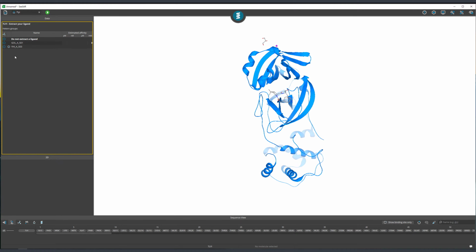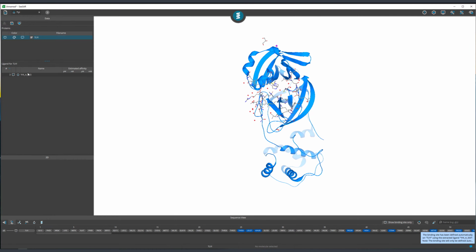The first thing to note here is that one of these ligands has a little eye icon on it, and mouse hovering right on top immediately gives us the information that this ligand is covalently bound, which makes it very clear that this is the ligand that we're looking for, the covalently bound ligand. So let me radio select this and click on the green play button to immediately choose my covalent ligand of